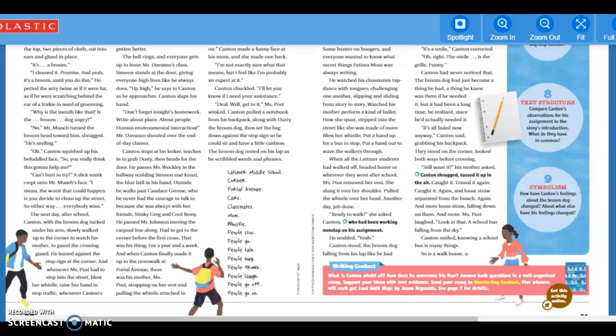And I thought, well, I could think about how Canton might have felt about this situation with his mom's accident and the bus. I thought, well, maybe Canton is feeling kind of the same about the bus. In the beginning, he wasn't so sure about what was going to happen with his mom and being hit by the bus. And then he really was relying and worried a lot about his mom and her situation, and she was getting better. But then as she got better and she was able to go back to work and things got back to normal, then he wasn't so